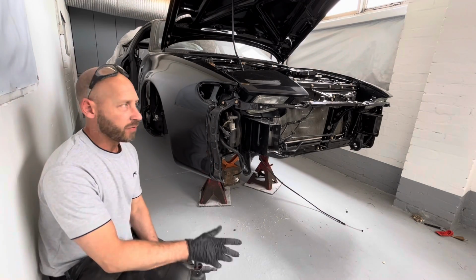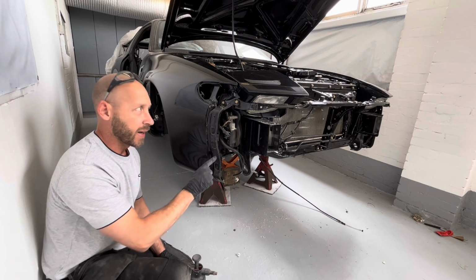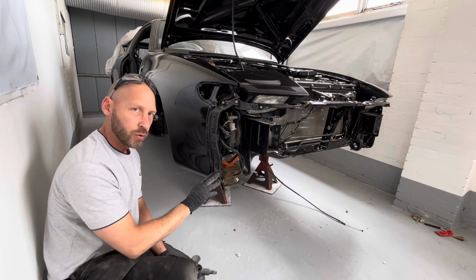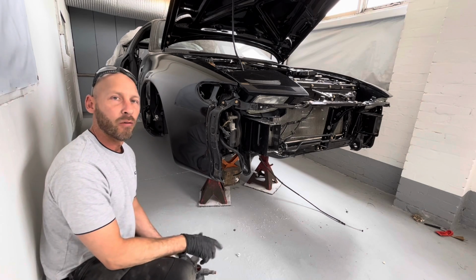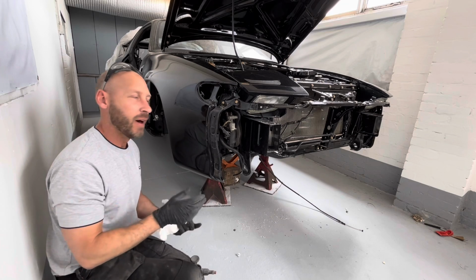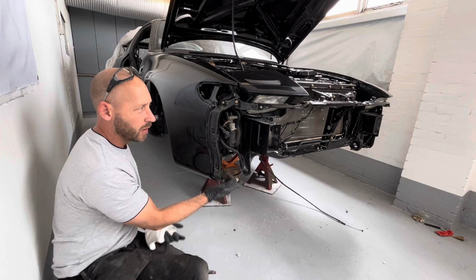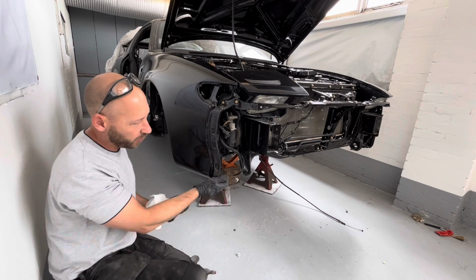Right, okay, final test fit for the bumper, and we're going to glue these brackets on. Like we mentioned before, these brackets come off. Once they're glued on, we'll do the final fit with the bumper, clamp it up, and tomorrow, when I undo it all, these brackets should come off with the bumper, because at the moment, there's a bit of pressure on this bottom one,